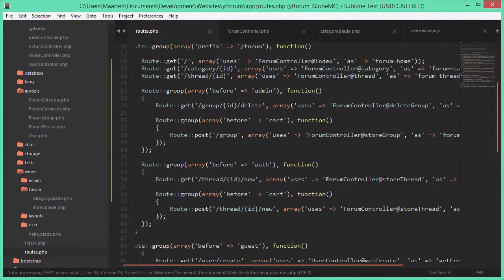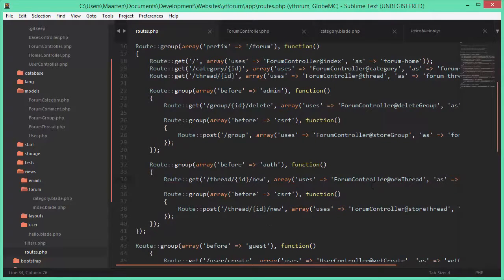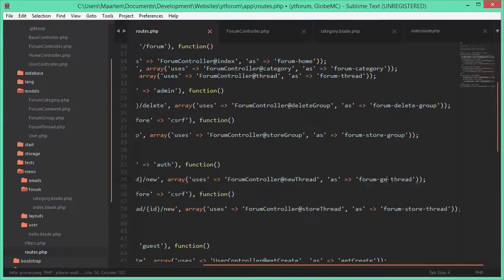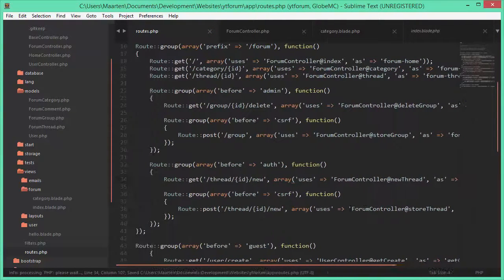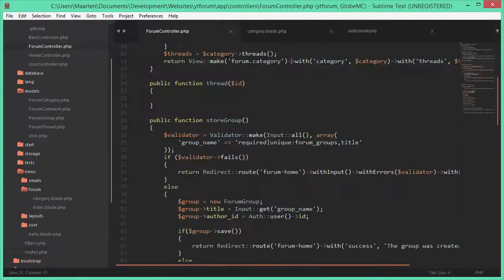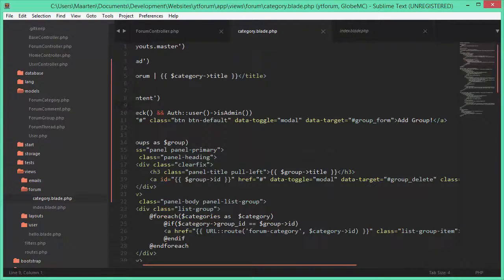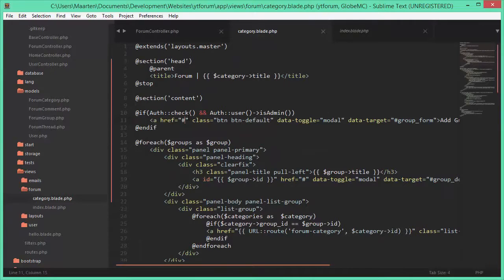or let's say add new thread, because this is going to return like the page with the form on it, and this is going to actually store the thread. So this is get forum get new thread, and this is forum store thread. Okay, so now that we have those routes set up, let's go into our category view and change the href